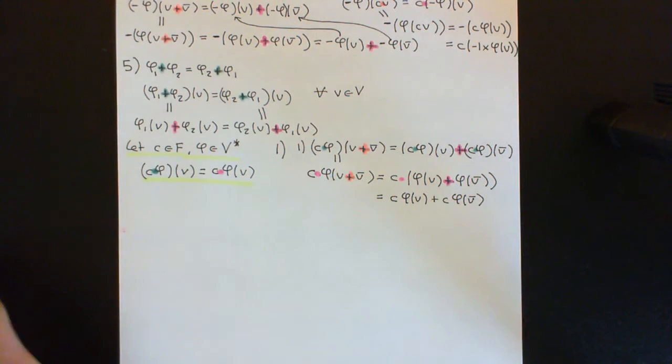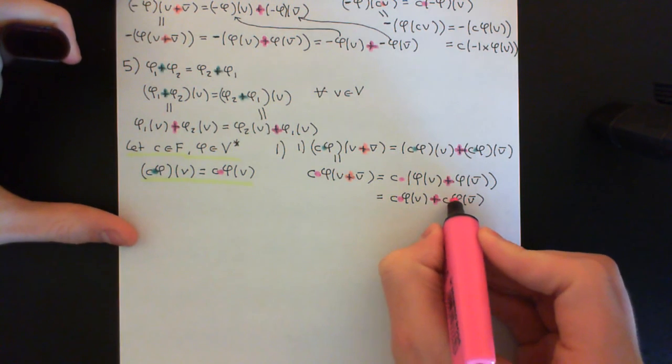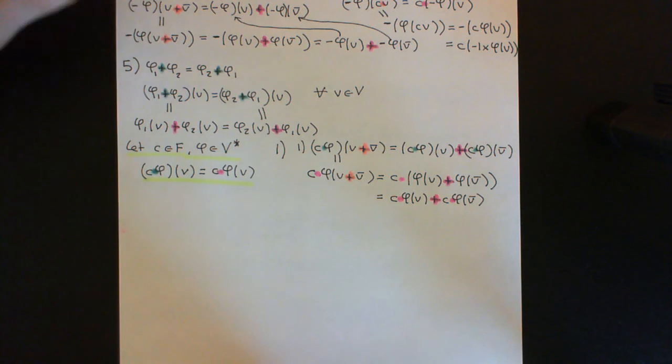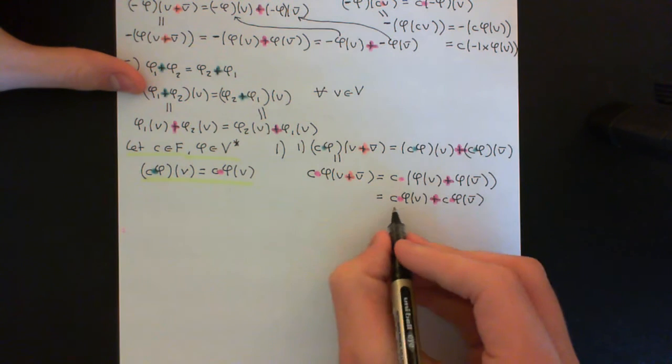Okay, where still all the multiplications and additions are in the field, but now rather than doing the addition first and then multiplication after, we've got multiplication first and addition after. Okay, and now what we can do is apply this definition again in reverse to say that this one here